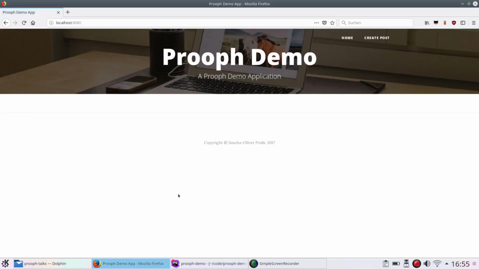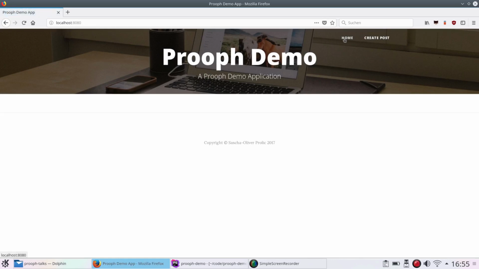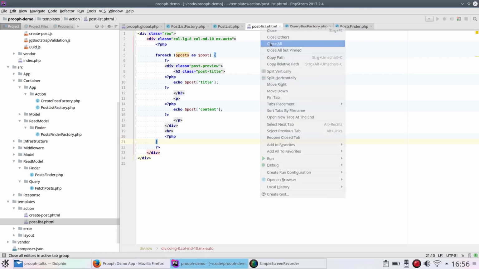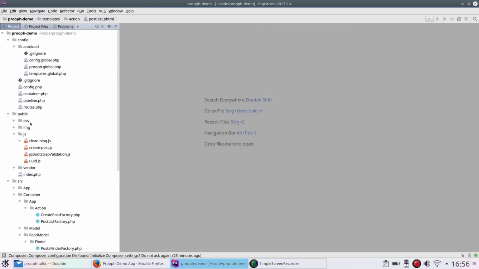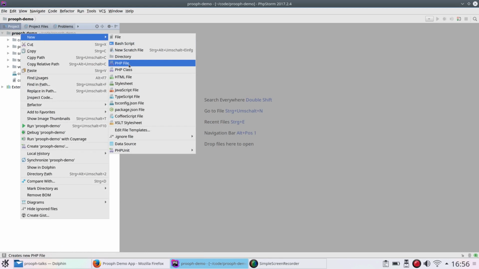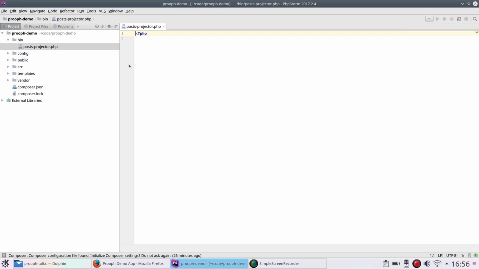So as we see, we don't have here any posts at all. This is because our posts table is still empty, and what we're gonna need here is a running projection. So what we're gonna do is we create a new script, which is the posts projector. Strict types enabled, namespace prooph demo,